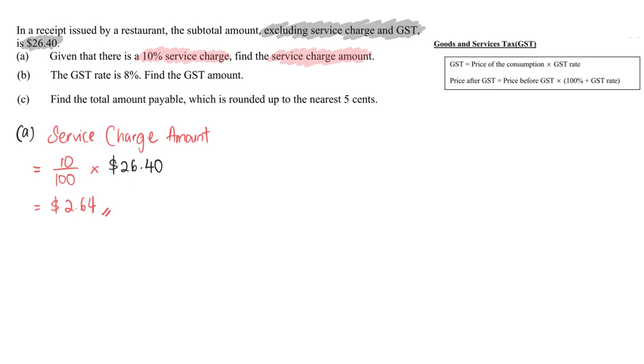And for part B, GST rate is 8%. Find the GST amount. Do take note, the GST, Goods and Services Tax, includes the service charge. Okay,